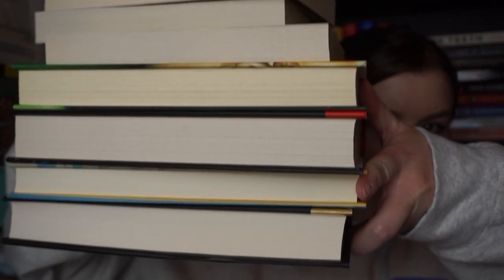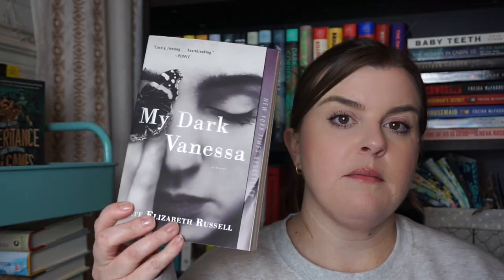Well, I scoured my shelves for all the books that have a name in the title, and it didn't really help me narrow it down. These are all my options. So let's go through them. I have The Hawthorne Legacy, Mr. Mercedes, My Dark Vanessa,